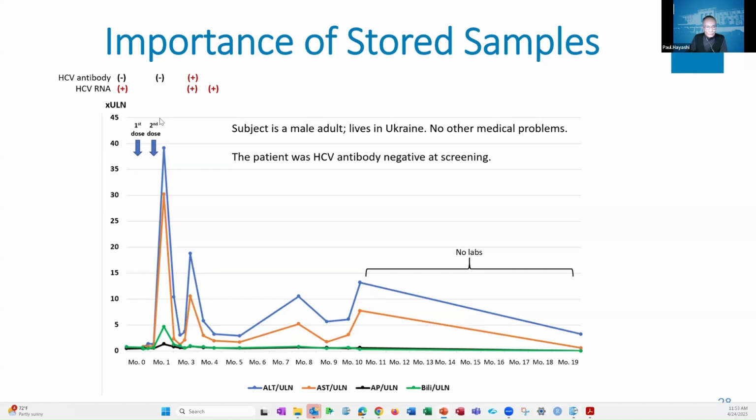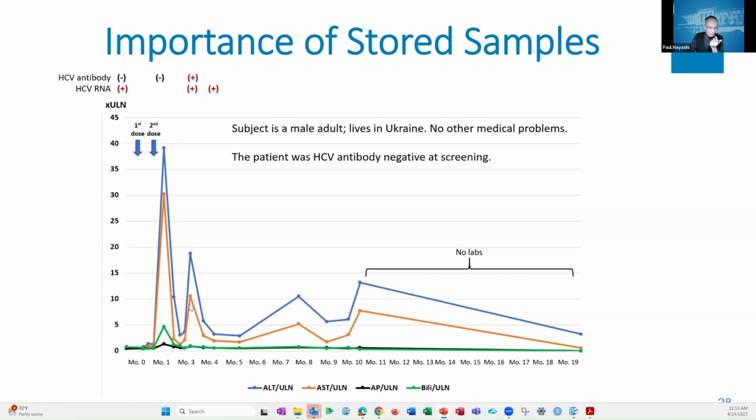So we asked, and they were fortunate. Believe it or not, even in Ukraine, just before the war started, they had stored serum. And lo and behold, see the black here are negative. This is the antibody. He was negative at screening, and still negative at the time of entry. But when they went back and tested for RNA, he was positive coming in the door. He later seroconverted, developed the antibody, and was persistently hep C RNA positive. So this is classic for acute hep C. He got infected shortly before screening and coming into the trial, and then manifested.